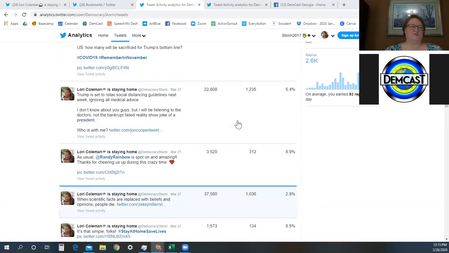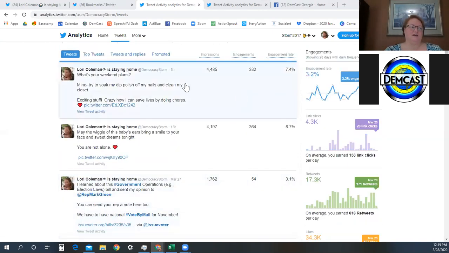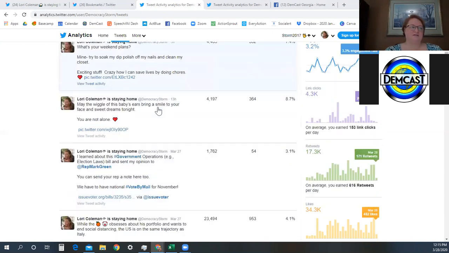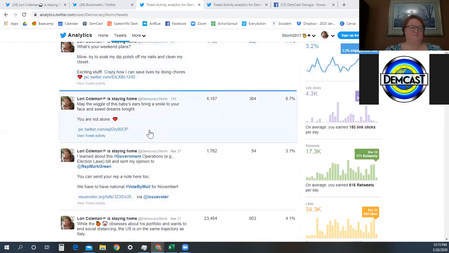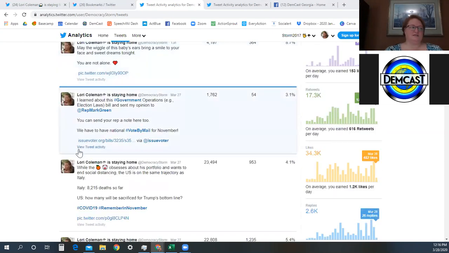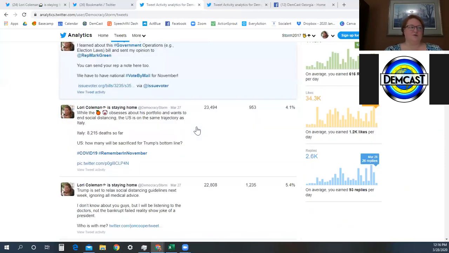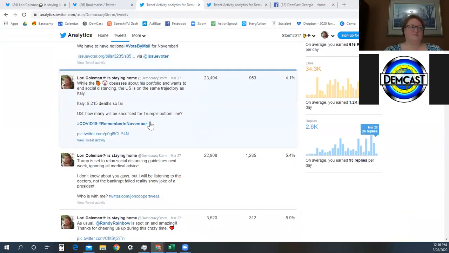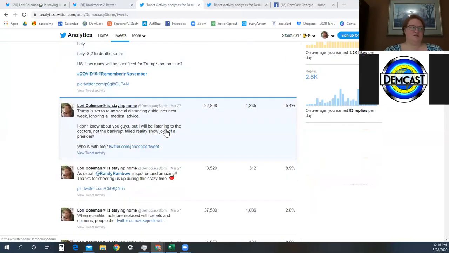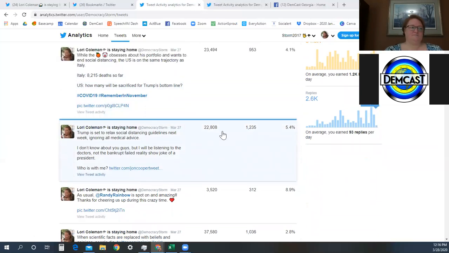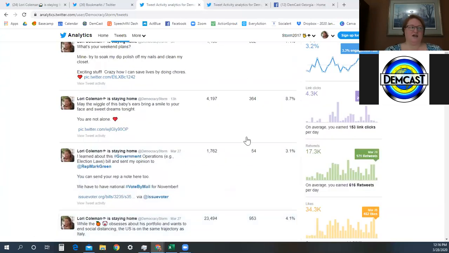So even from my page here, you can see I've got sort of a funny tweet. This one is a cute one. And then this is an educational one. This one is encouraging people to write their representatives about vote by mail. This is reminding people who's at risk during COVID. So you can just see that there are various and sundry